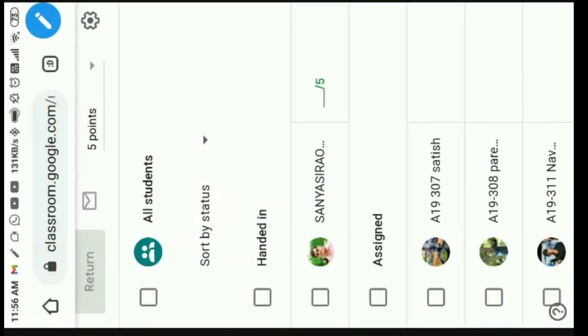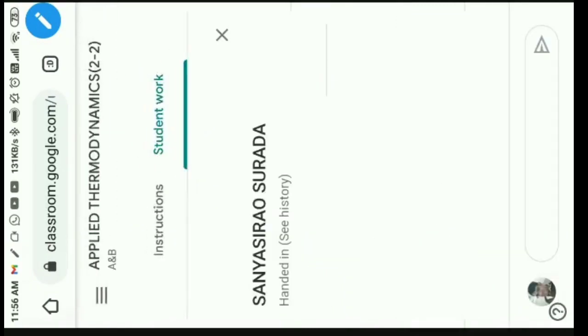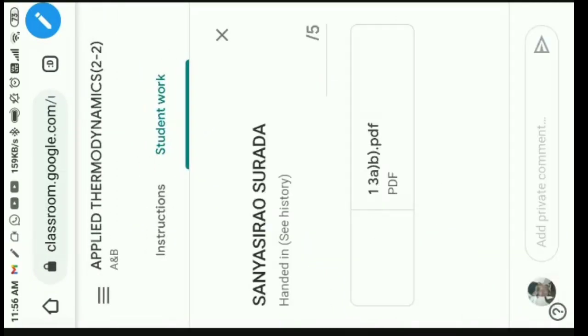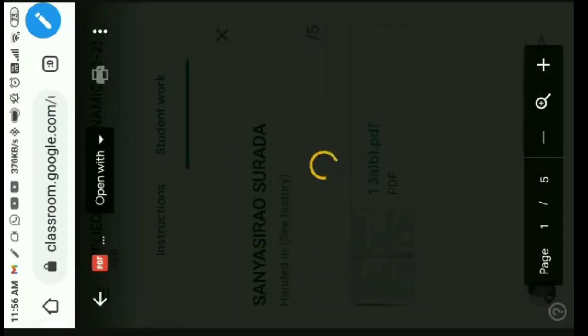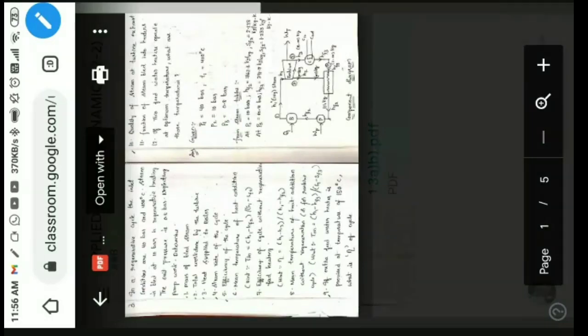Now the faculty needs to open it like this and check the PDF. If it is okay, the faculty will verify it.